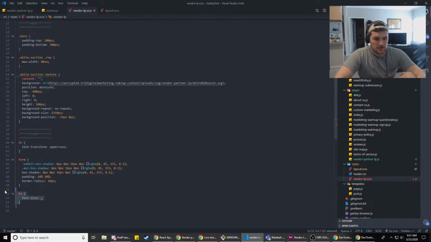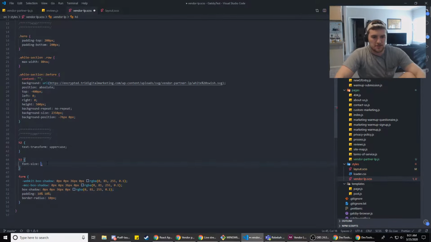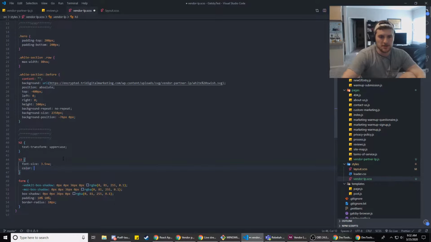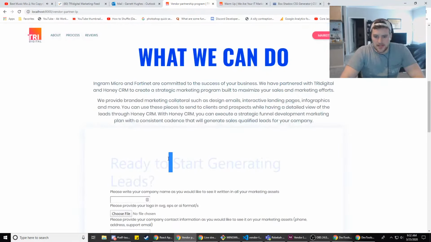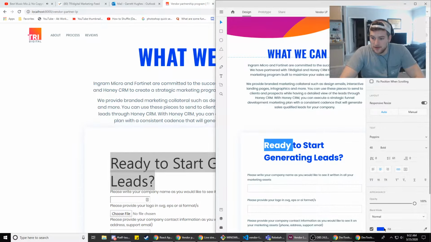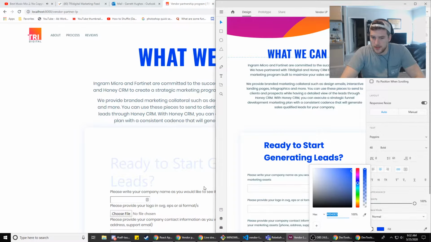So that's good, and we'll take that, put that right below this one, and this will be font size like 3.5 view width. Color is going to be that blue color. I love Prettier. Oh my gosh, it just makes everything so much easier. I don't have to add the colons at the end. It does that for me. All right, so that was not the right blue color, obviously. So we need to grab that blue color, and then that's Poppins in bold.